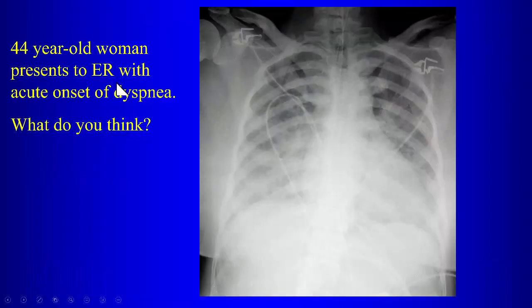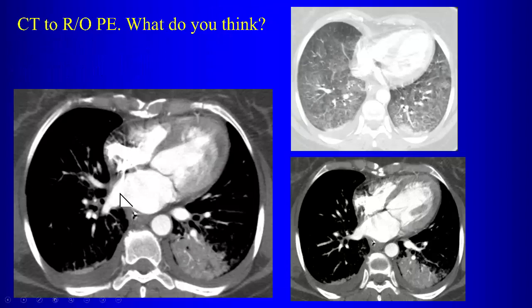So here's a 44-year-old woman who presents to the emergency room with acute onset of shortness of breath, and the chest radiograph shows bilateral alveolar airspace disease, and of course they will go to CT for pulmonary embolism, right? Everybody gets that in our ER when you show up short of breath. And the CT scan shows,